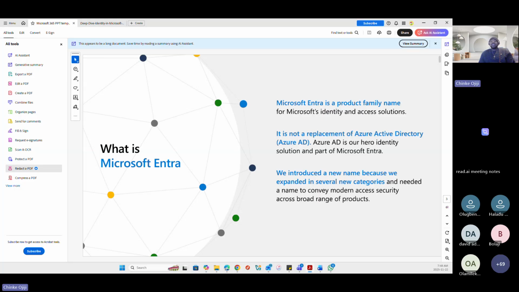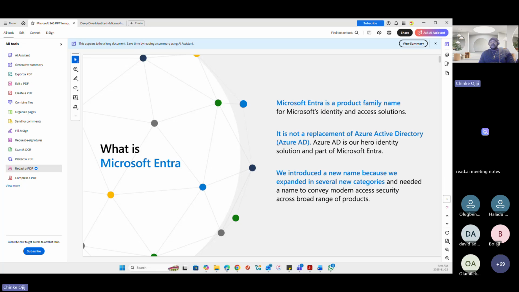While in Entra ID, they've introduced cloud sync, whereby you don't need an AD Connect to synchronize your on-prem with the cloud. With cloud sync, all you need is the credentials of the administrator on-prem, and you can initiate a synchronization, and those users from your on-prem will appear in the cloud as synced users. Now, this is just one example of the difference between these two.